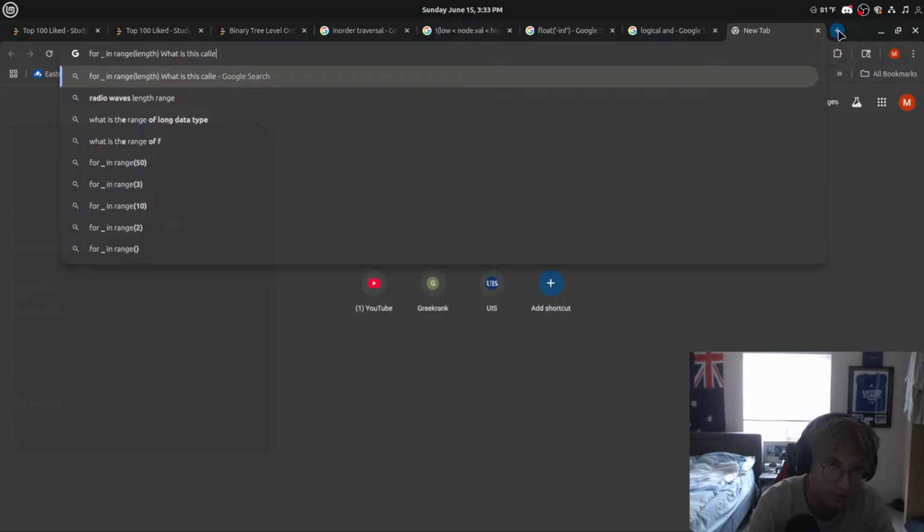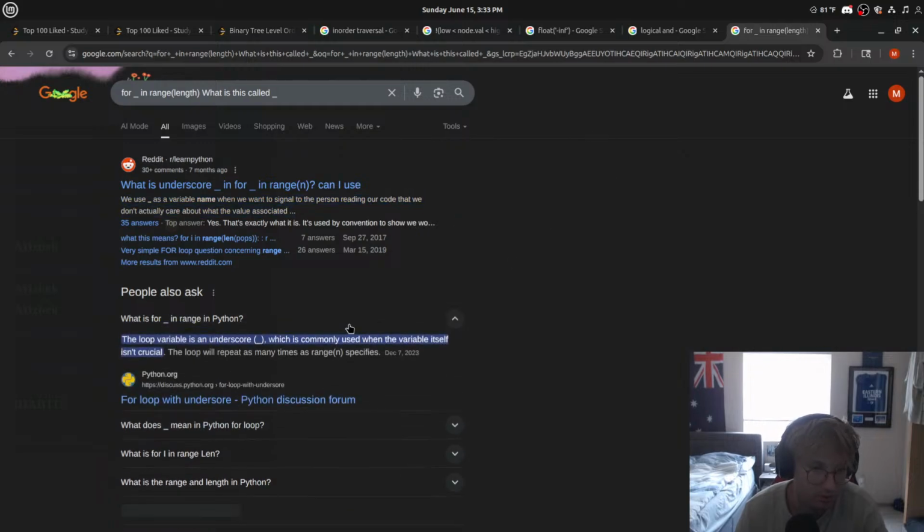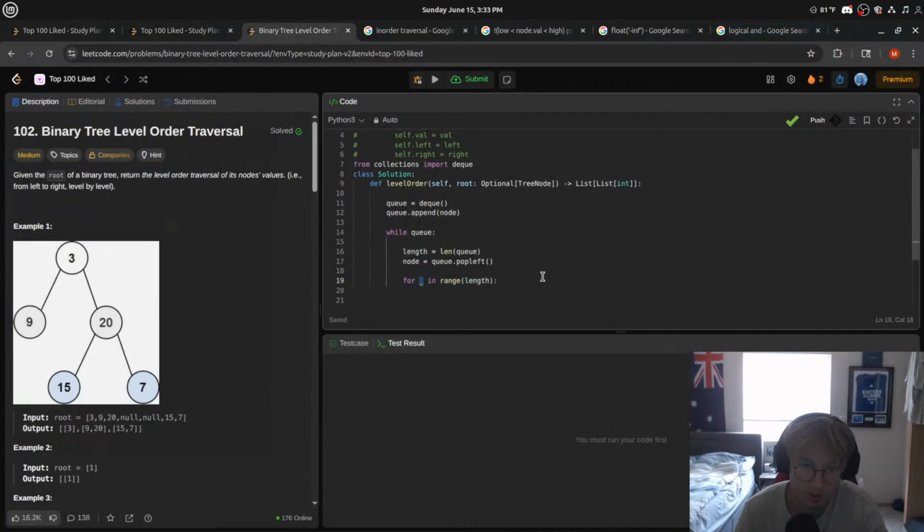What is this called? There's a name, and we want to signal the person reading our code that we don't actually care about it. Oh, okay. Alright. Yeah, so I don't think we really need the index. So for something in range length,